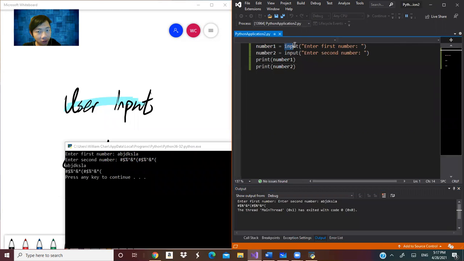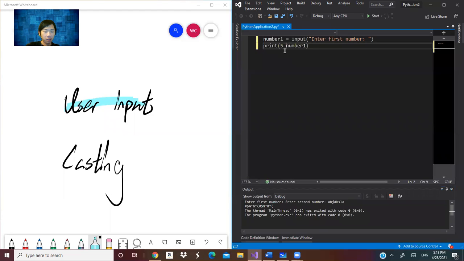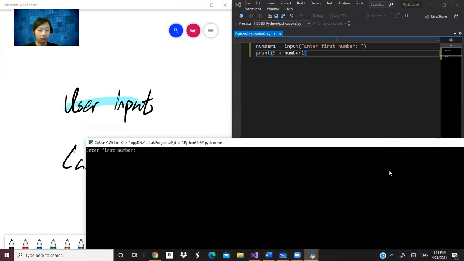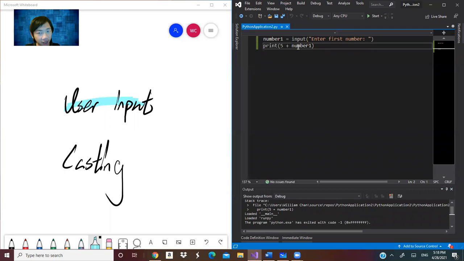Because we have introduced that the input function will convert your input data to the string, if you try 5 plus the input number one, say 10, I expect it should output 15 because 5 plus 10 is 15, but it doesn't because 5 is an int and the input is a string.